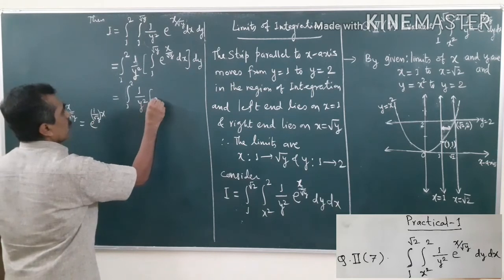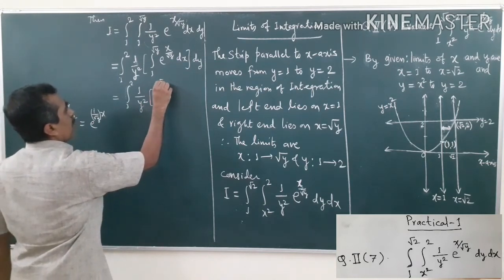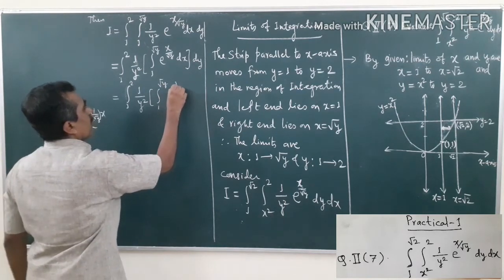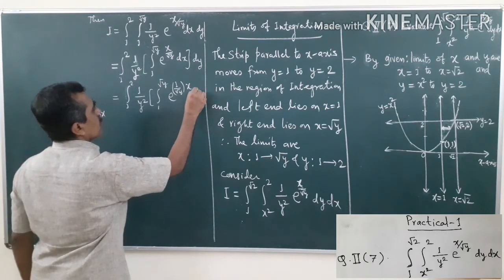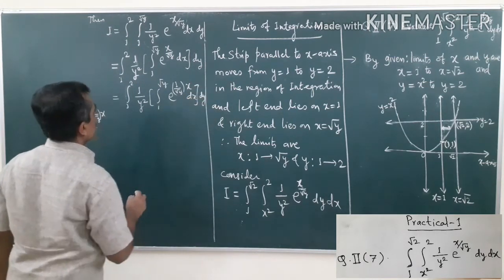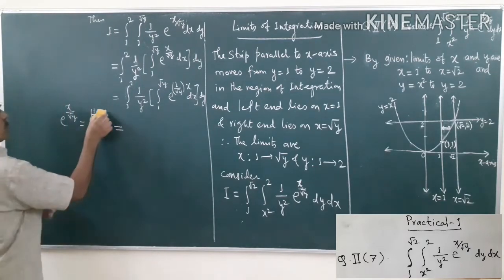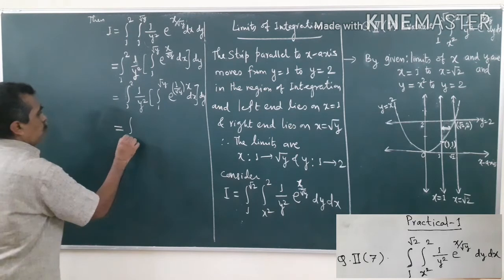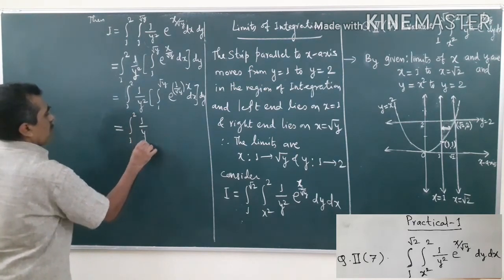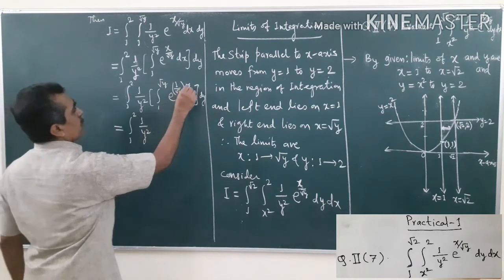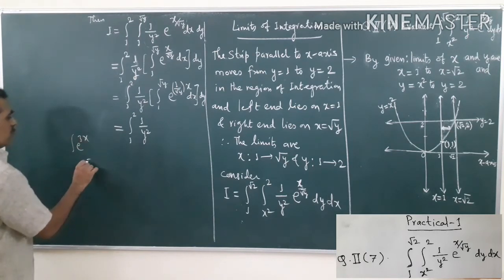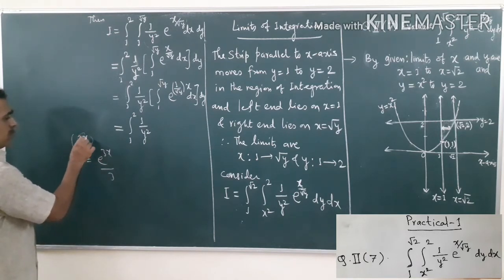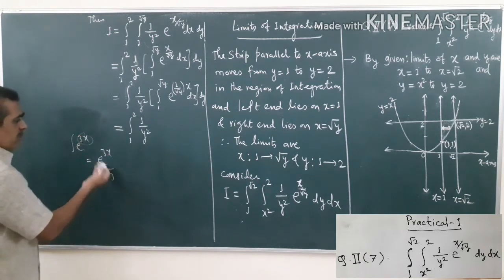I will make it simple so that you will have no problem. So, this is integral e raised to 1 upon root y into x dx, with respect to dy. This is equal to integral 1 to 2 1 upon y square. Now, what is the integral of e raised to something? What is the integral of e raised to 3x? It will be e raised to 3x divided by the derivative of 3x, that is 3. So, that is e raised to 3x by 3.